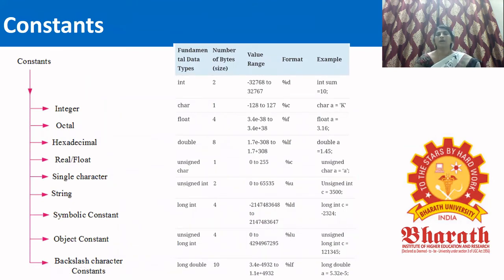Next, if we want to see about the constants. Constants are, as the name indicates, going to be certain constant values.